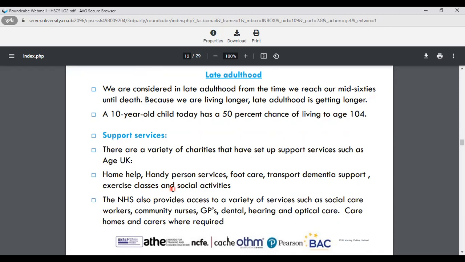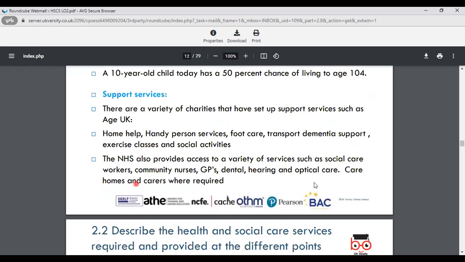You have certain support workers here. So there's home help, there's handy person services, foot care, transport, dementia support, exercise classes, and social activities. NHS also provides support such as social care workers, community nurses, GPs, dentists, hearing and optical care, homes, and carers